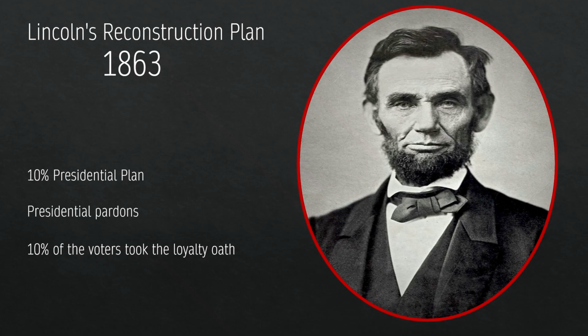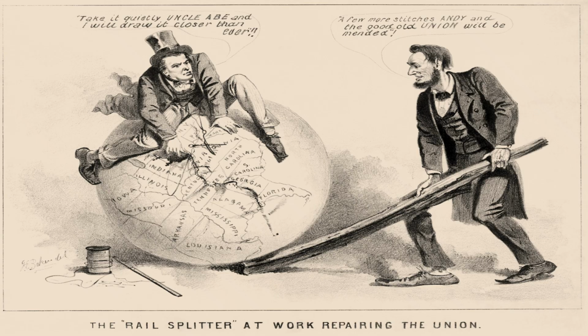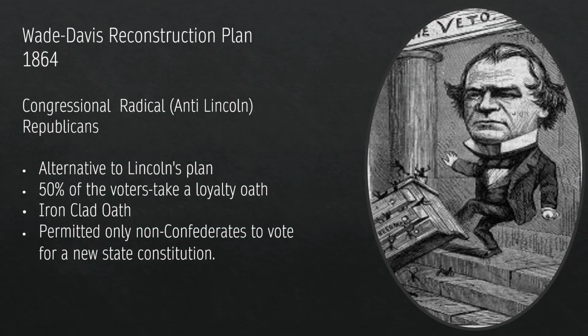Many in Congress are going to object to this. They think it is just too easy. It allows whoever to come back into the Union, and that we're actually going to have disloyal people who are just saying they want to come back to try to regain some power. They feel that it undermines the overall goals. It's just too easy on the states. Okay, that's just a political cartoon.